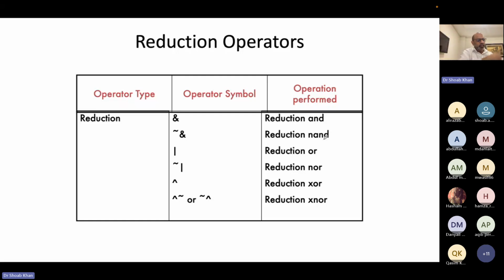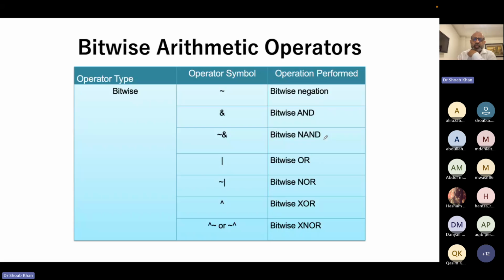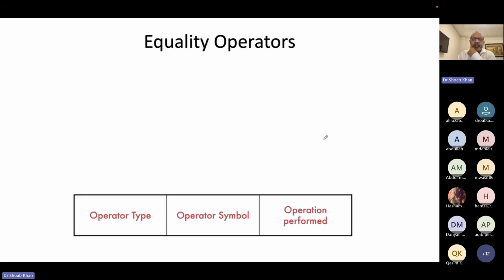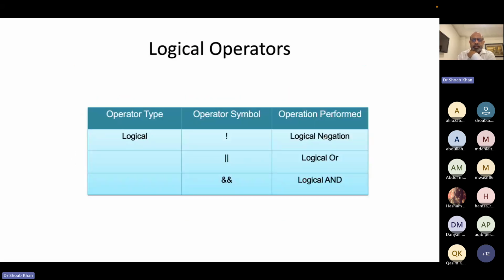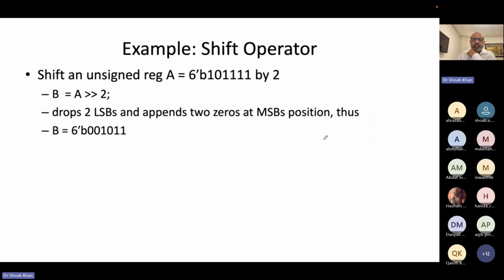Reduction means that it will just AND all the bits together, and we don't have any equivalent of this in any kind of high-level programming language. It's more specific to hardware. So, bitwise arithmetic operators. We have covered all these: equality, inequality, case equality, logical operators, shift operators, and